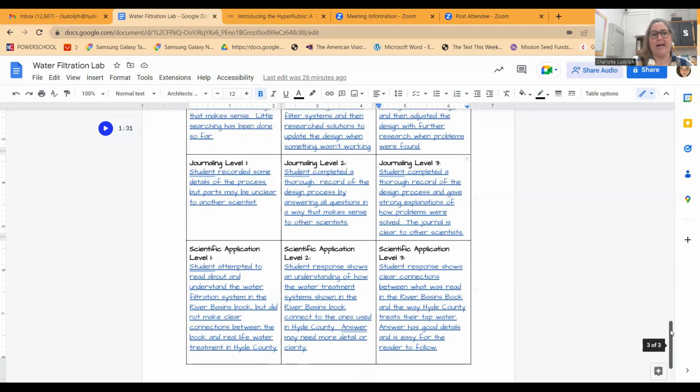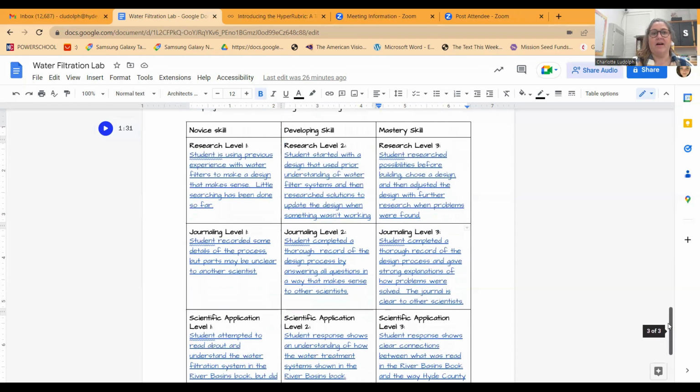So in my rubric, I have these 3 different sections. Instead of just saying a score of 1, score of 2, score of 3, I have indicated that these are levels, which gives the students the opportunity to move from level to level to level. And then as you see, I have hyperlinked these different